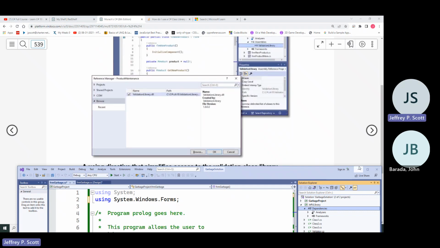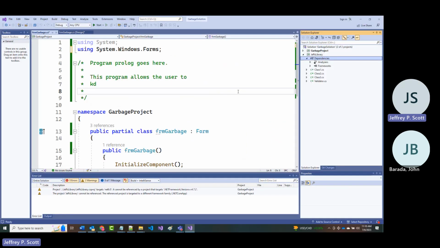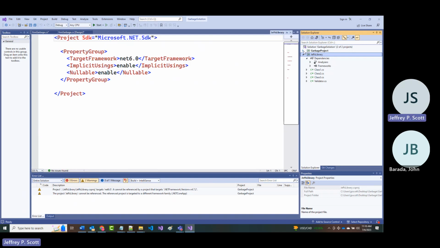I think the reason is I haven't built it, so I don't have a DLL in here. So let's look. So again, we have to go back into here, not into there, into here. Well, that would help too, wouldn't it?